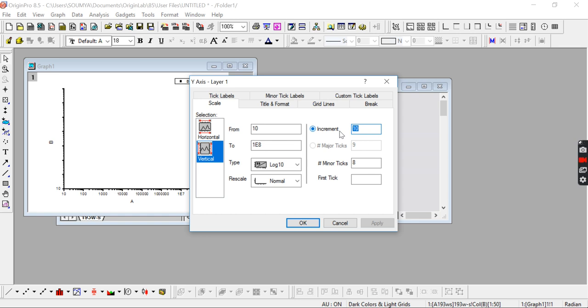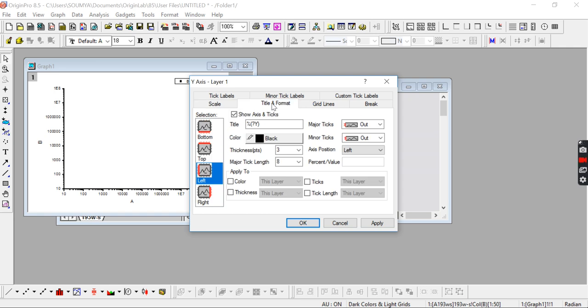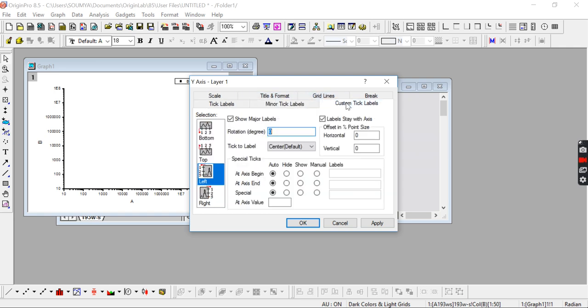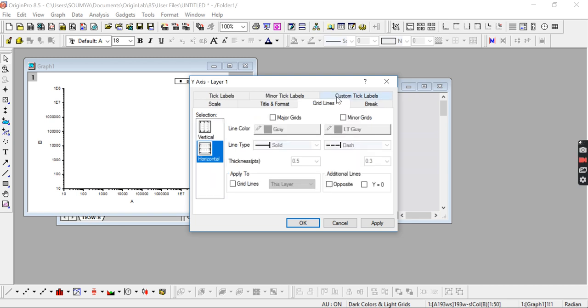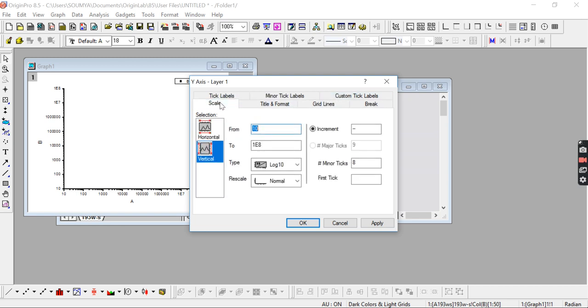But if you set it as 0.1 and apply, you see that the increment has now been changed. So you can change the increment as per your need. So these are all about the scale and increment.